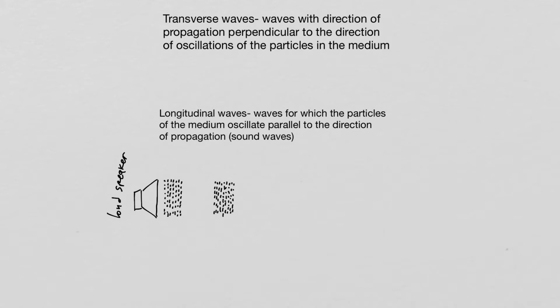So that is a rarefaction. After that, another compression is created. It moves away, followed by rarefaction. Compression, rarefaction, compression, rarefaction. And this is the periodic nature of sound waves. So here I have one compression, two compressions, and in between is the region with fewer molecules. That is the rarefaction. And so, as you can see,